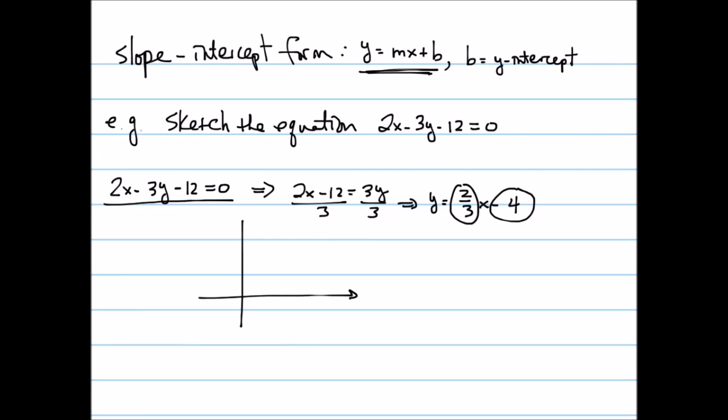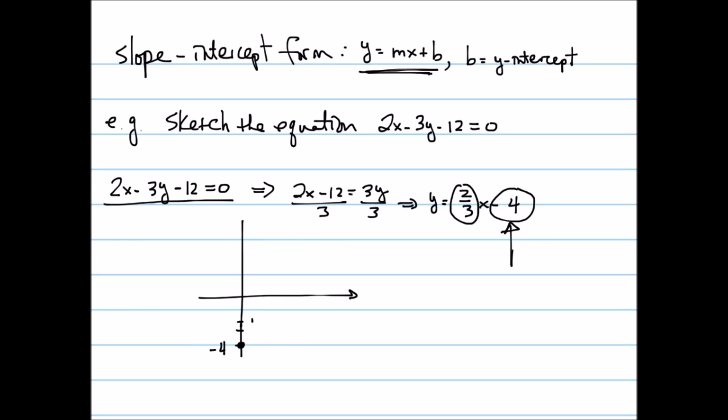At first, I identify the location of my y-intercept on the y-axis. Well, that's negative 4. So I'm going to first label negative 4, and I know for sure my line needs to go through this point here because that's the y-intercept. And the slope being 2/3, meaning that to get to the next point,